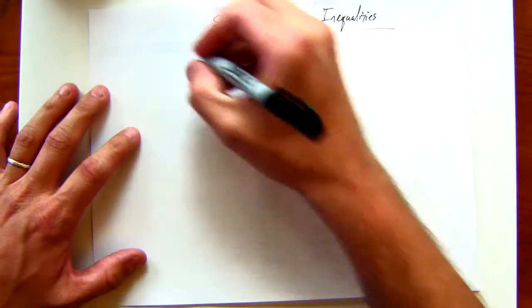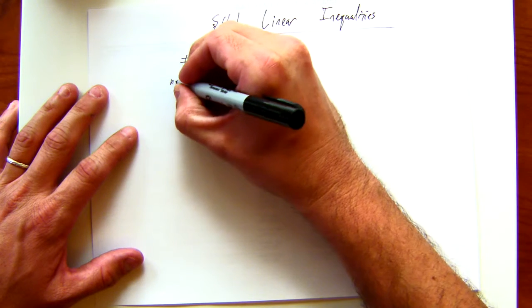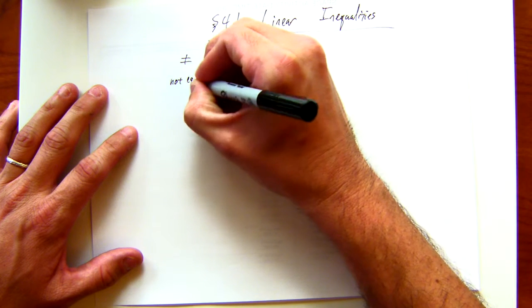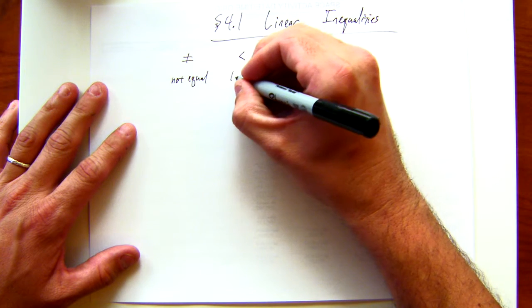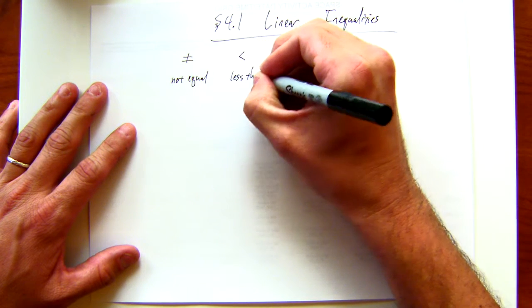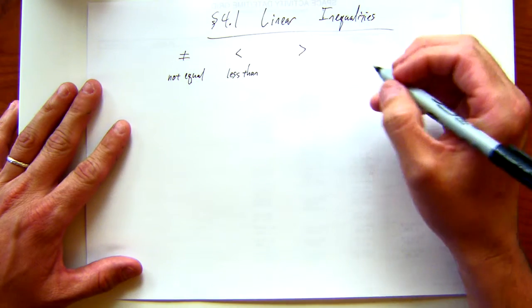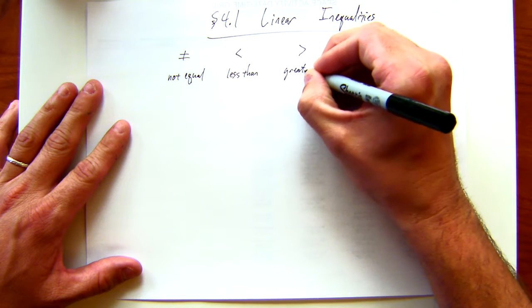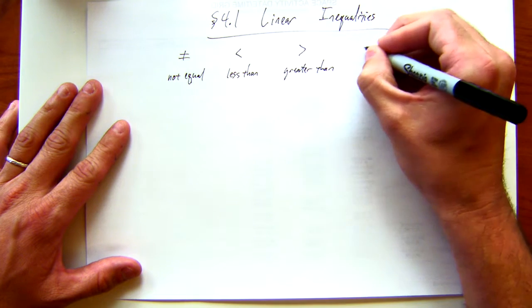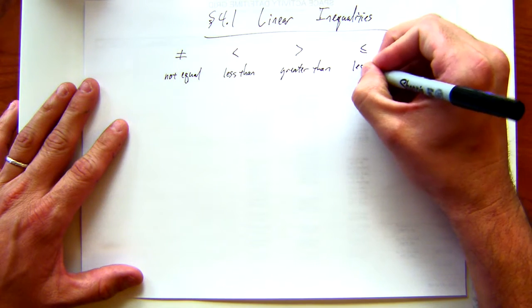Just real quick, you guys probably know all these symbols. What does that mean? Not equal. What is this one? Less than. Greater than. Less than